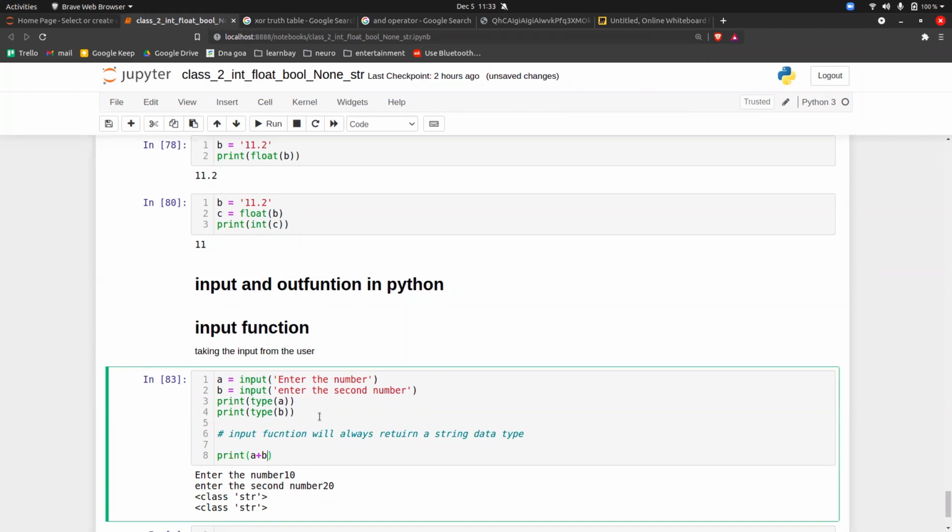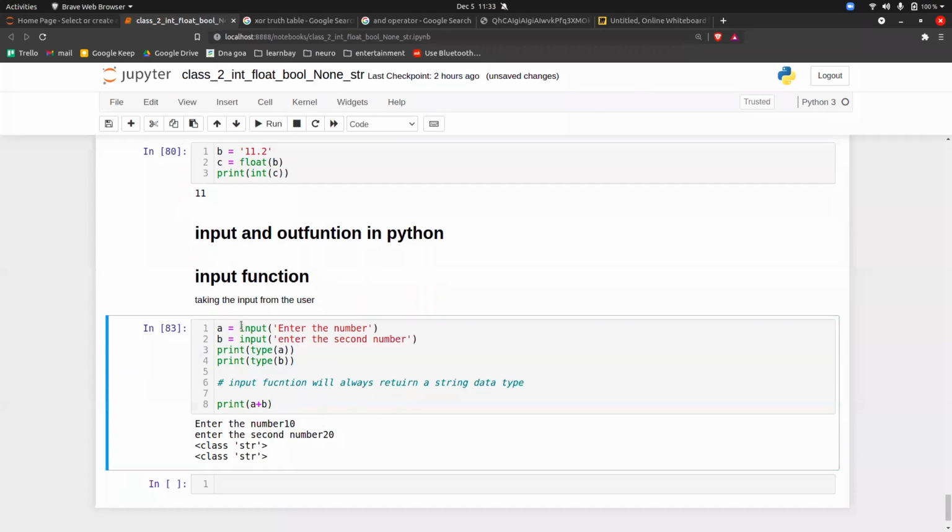So what do you think we should do? Exactly. What you have to do is typecasting. If you know Python, you have a solution for everything.